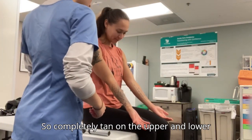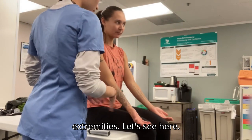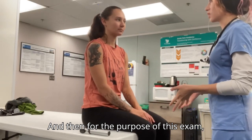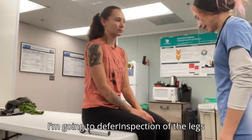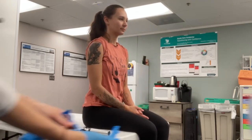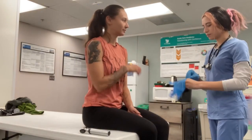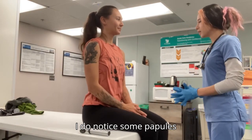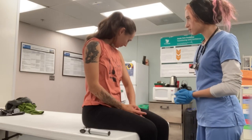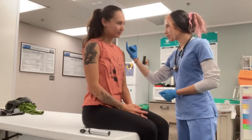Perfect. So completely tan on the upper and lower extremities. Let's see here. Okay. And then for the purpose of this exam, I'm going to defer inspection of the legs and feet. Okay. Let me just grab some gloves. Should I keep my sleeves up? Okay. Yes. And I do notice some papules scattered around this extremity,